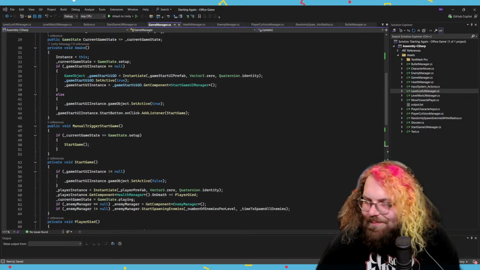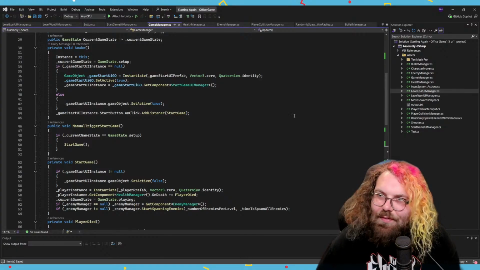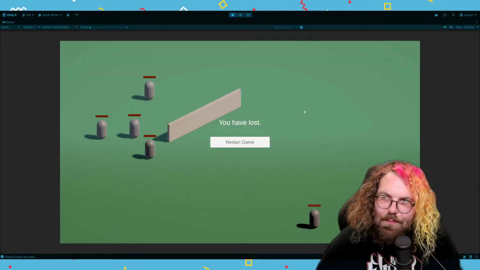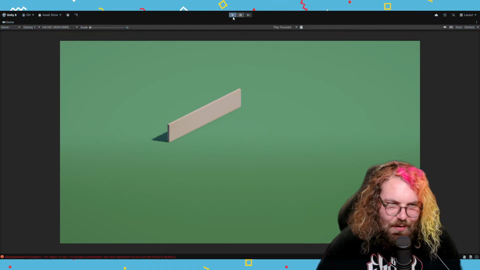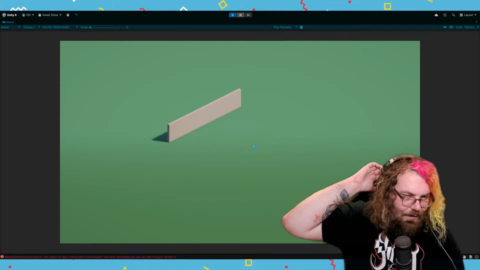Oh, you can't see. VS Studio. Oop, there we go. You've lost. Restart again. I'll just restart it so you can see properly. Alright, so